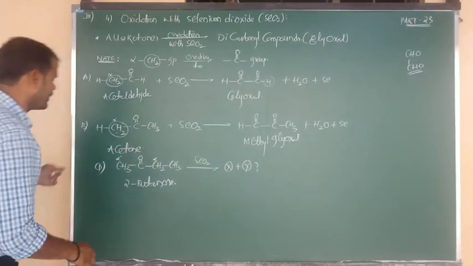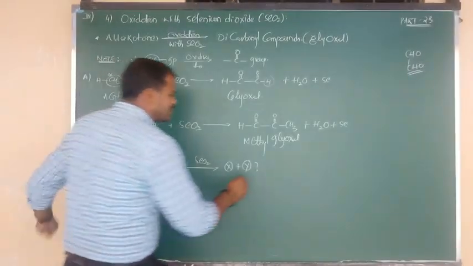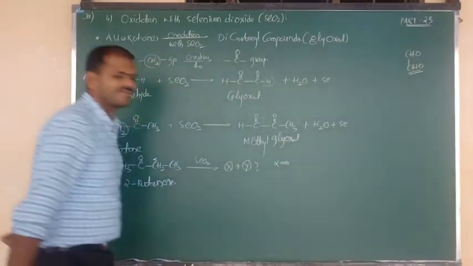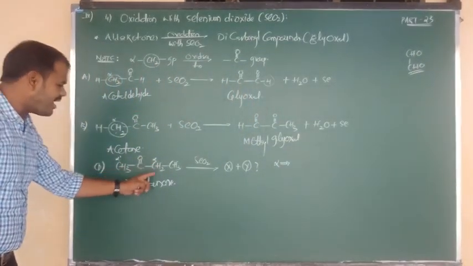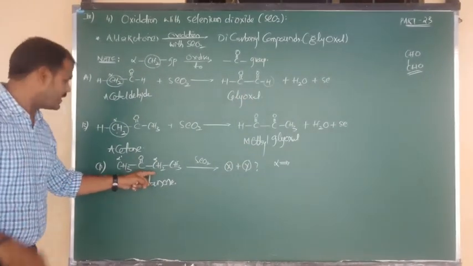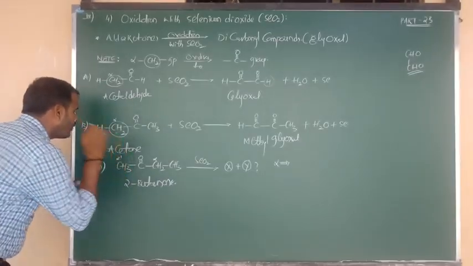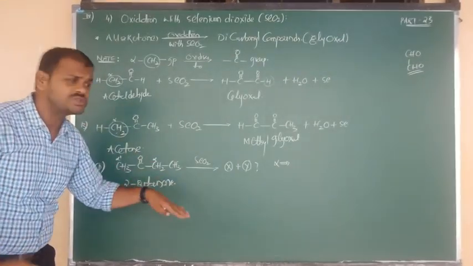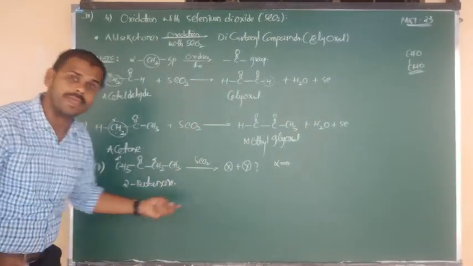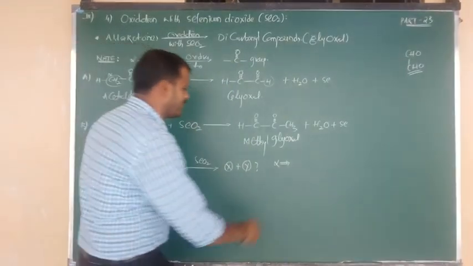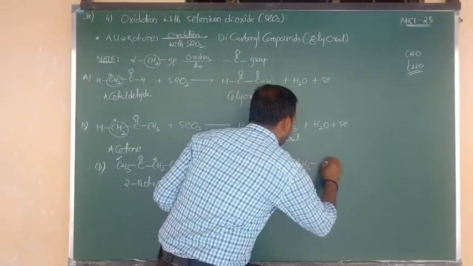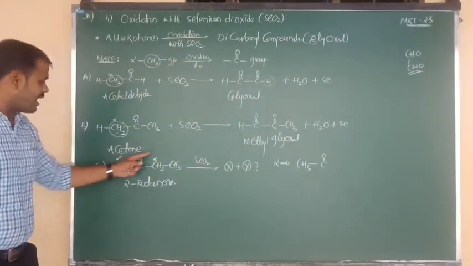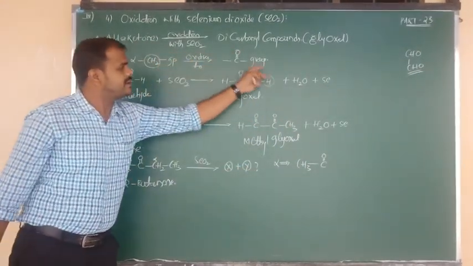Okay? Right. So first of all I want to write the product. The product is from alpha. So by using alpha carbon, what is the product? By using alpha prime carbon, what will be the product? So for alpha carbon, just alpha CH2 changes into C double bond O, everything will be same. CH3 bonded to C double bond O. This is the alpha product, meaning alpha CH2 changes into C double bond O group.